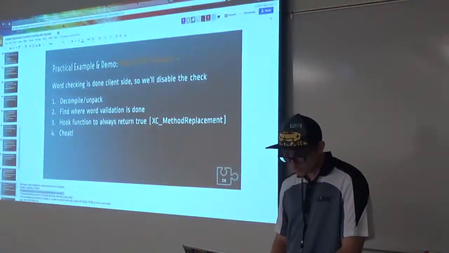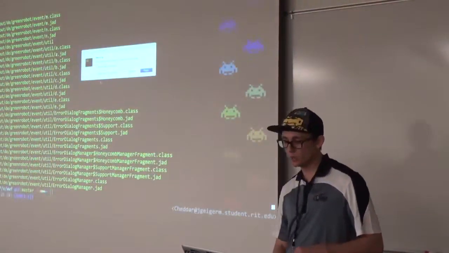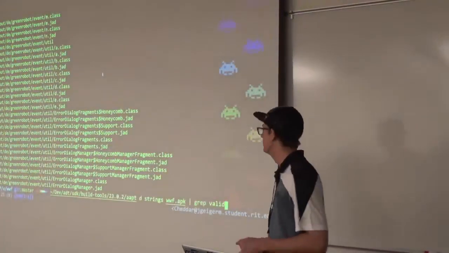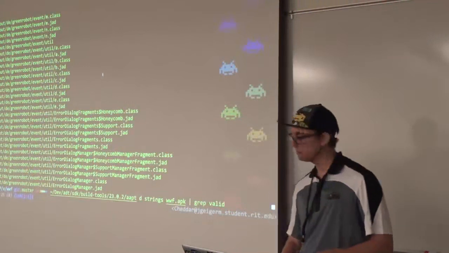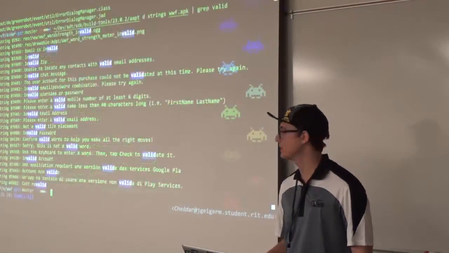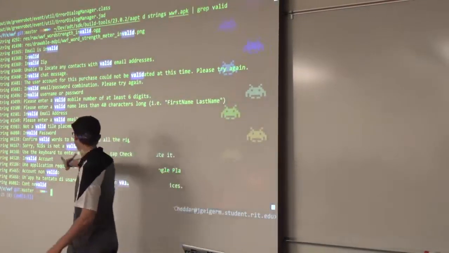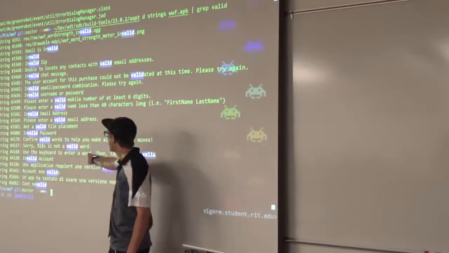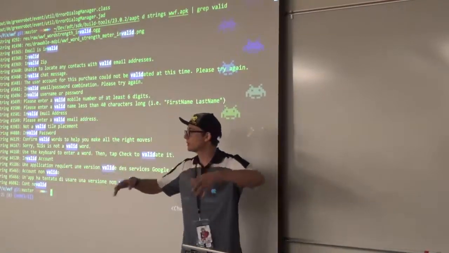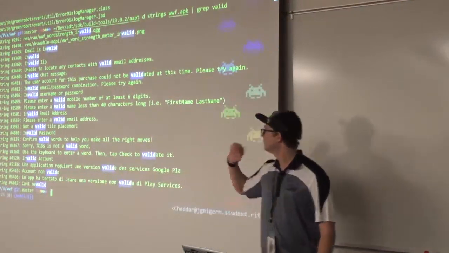So let's use AAPT to find a string. We're going to be looking for the word "valid." I think that's a good choice because we're looking for valid or invalid words, and I know this is also somewhere where I can find the valid word check. So this is the one we're looking at right here: "Sorry, whatever it is not a valid word." We saw that pop up on the screen when I tried to play that ridiculous word, and we're going to